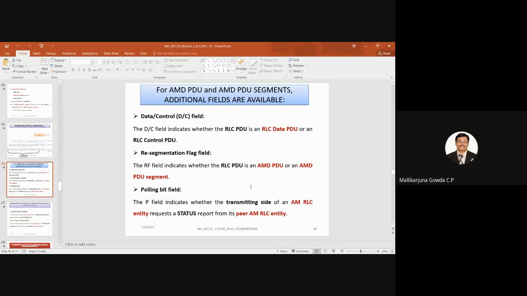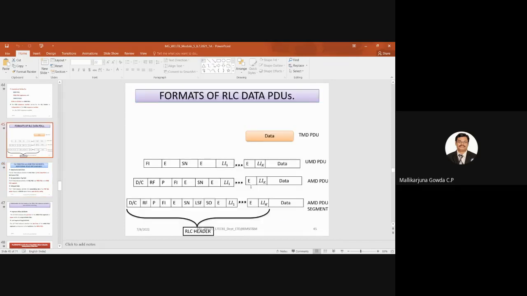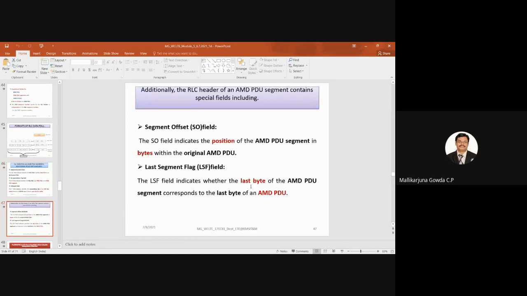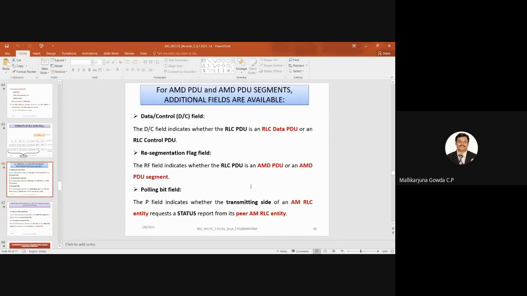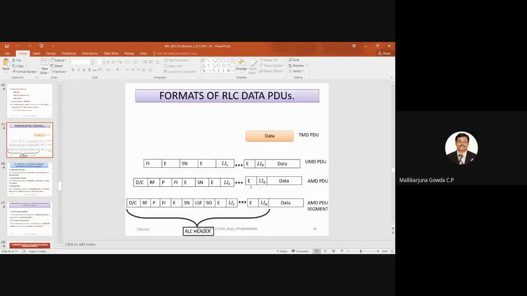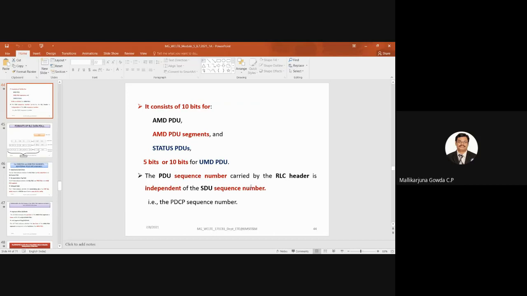So that is about the polling bit field. Then is FI. I already told what FI is, then extension and SN, right? In the previous slide.